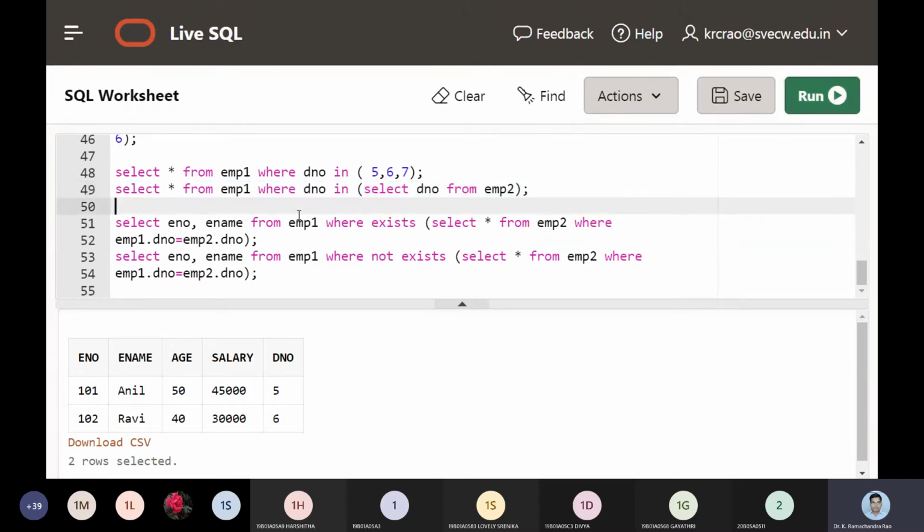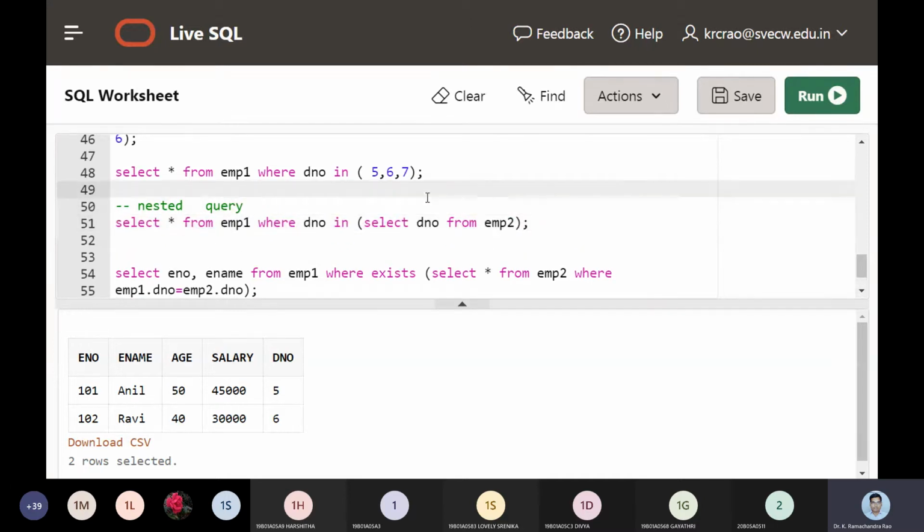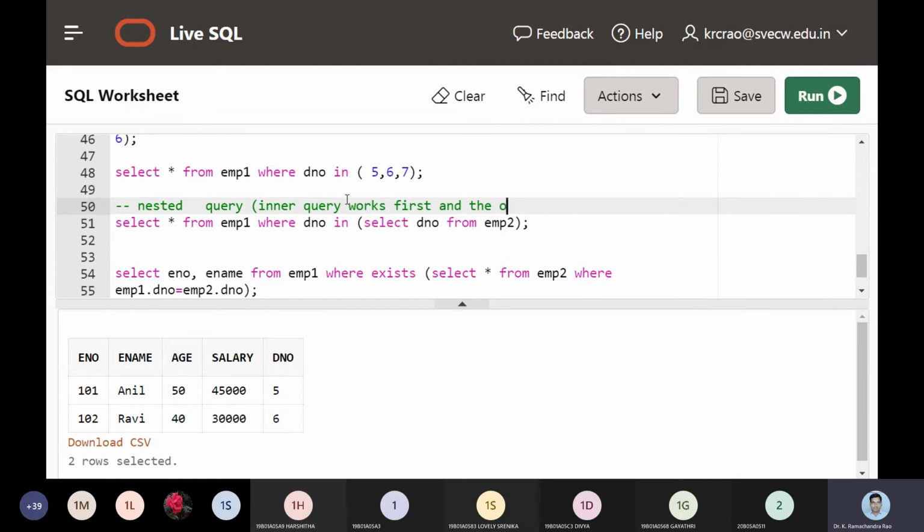So this is what we call a nested query. In a nested query, the inner query works first, and its output is given to the outer query.